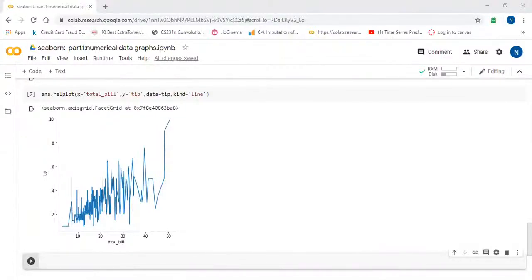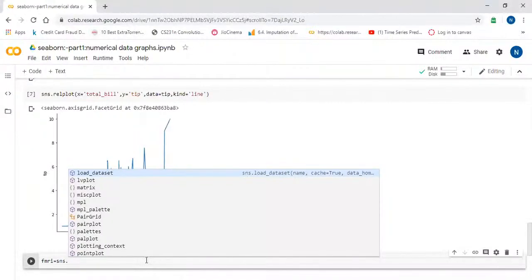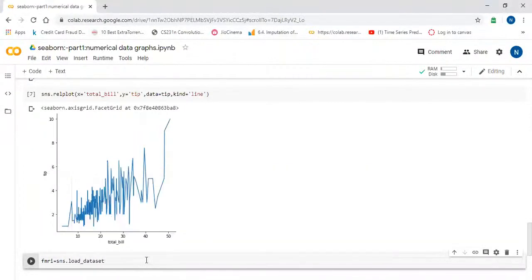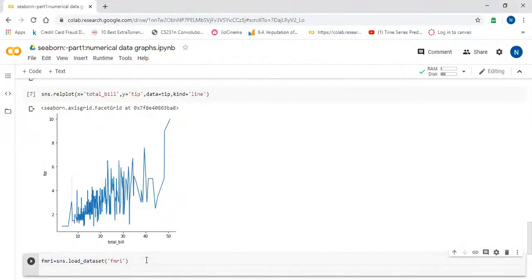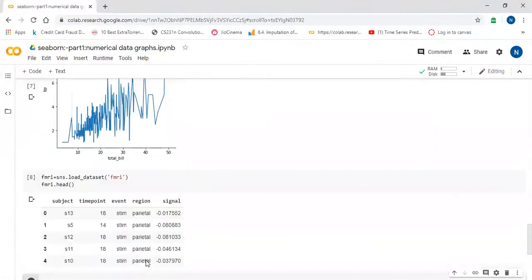I will show you the fMRI dataset. This dataset is also a Seaborn dataset, provided by default: sns.load_dataset('fmri'), and now fmri.head() to see some sample data.